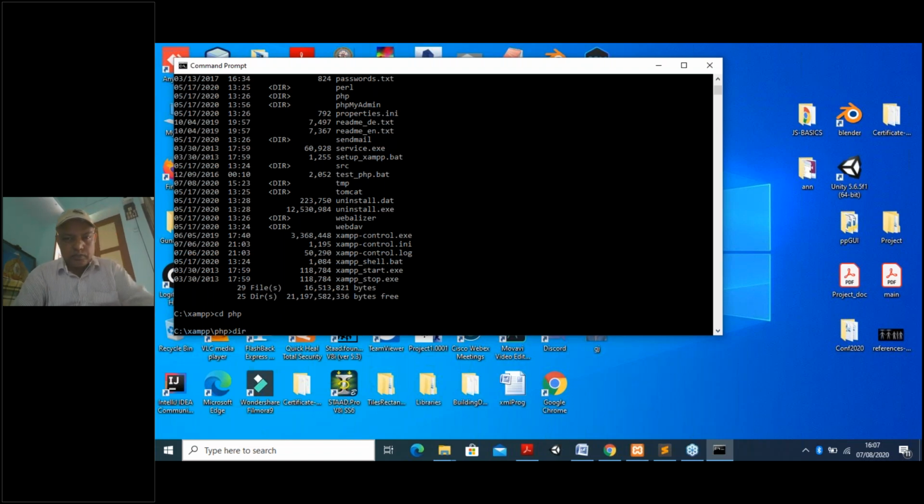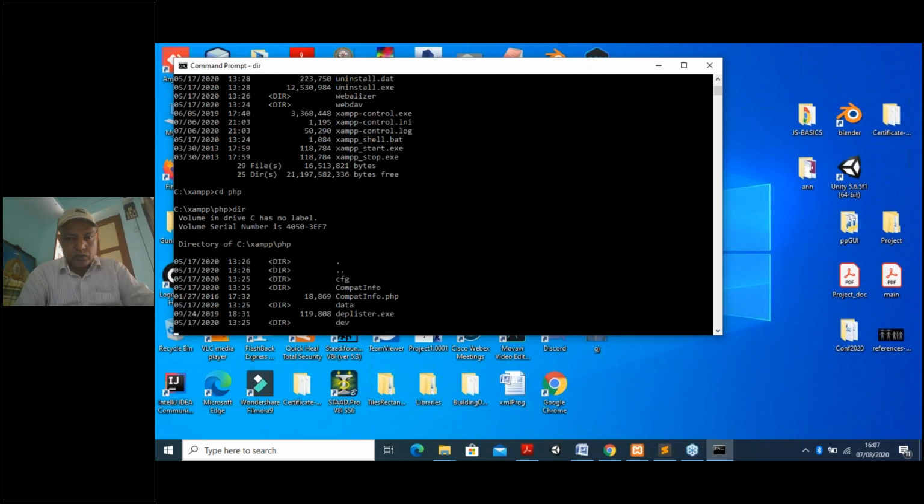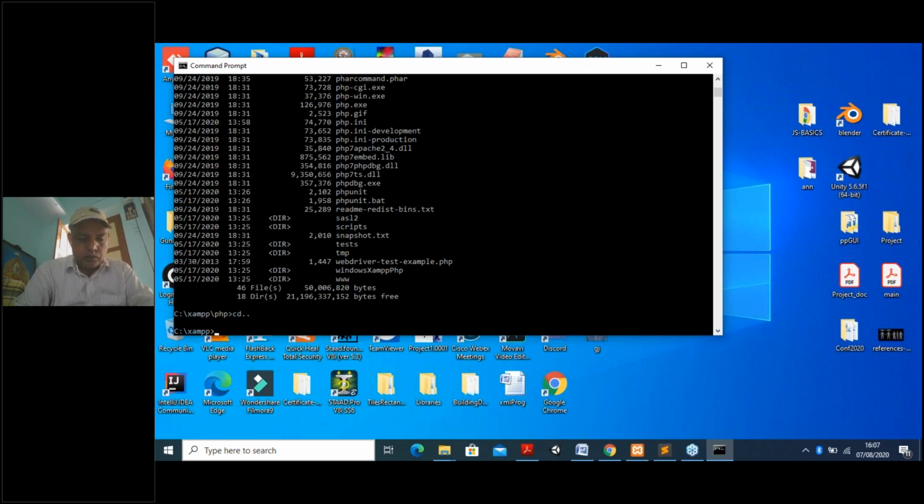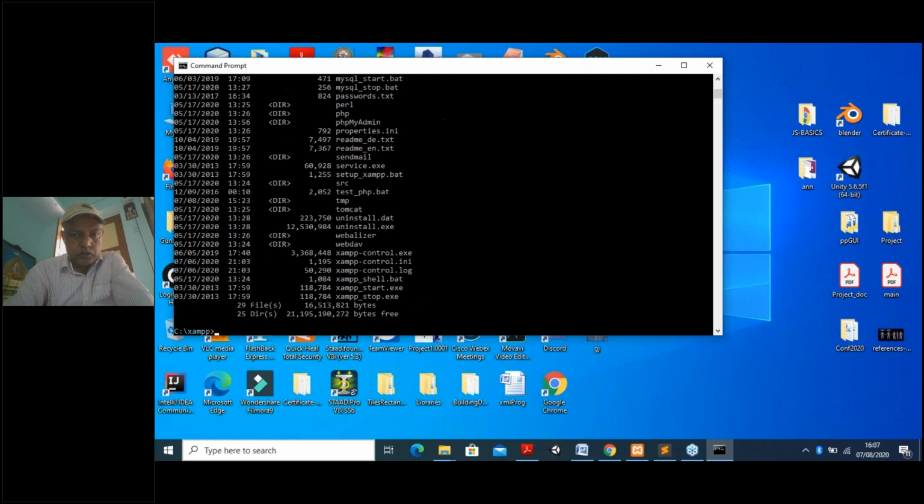Okay, we have a number of programs here. But I think we should not go here. CD, come back. So in this XAMPP folder, check the directory with dir, and you find a number of things here.